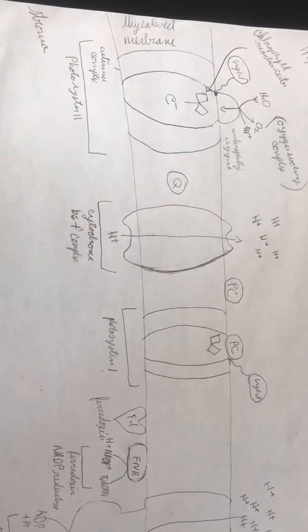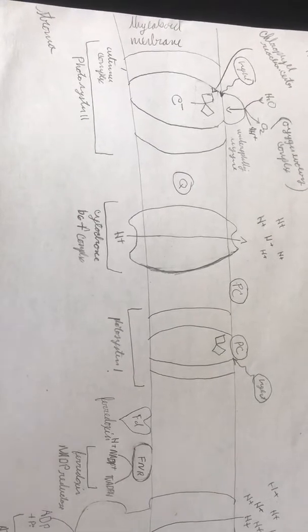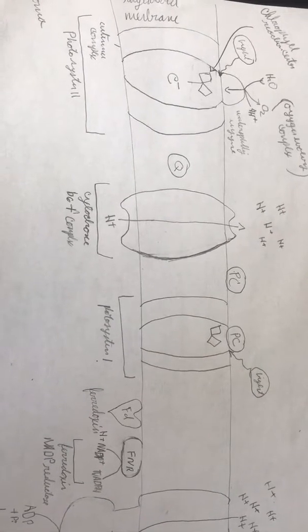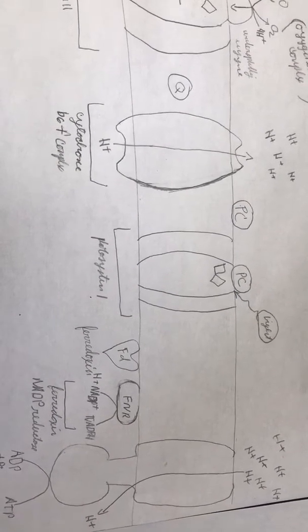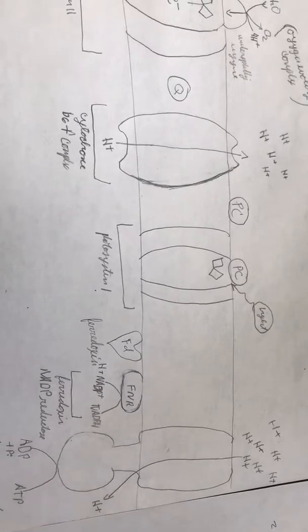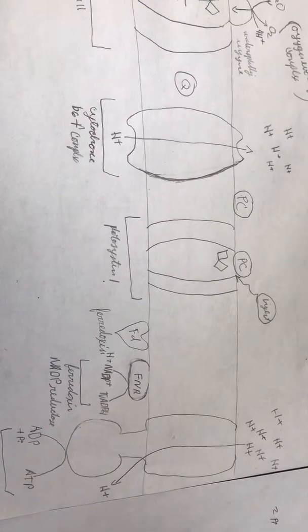The electrons are then donated to the electron carrier plastocyanin, which is the little PC up at the top, which transports the electron to the reaction center of photosystem 1, where with an addition of light, it receives more light and excites the electrons. These electrons are then used to generate NADPH,